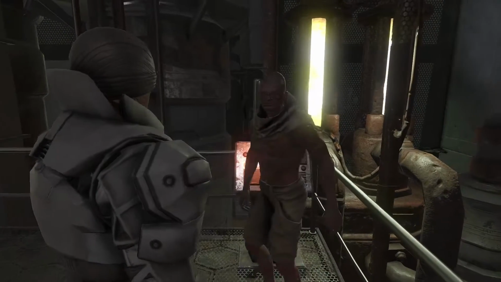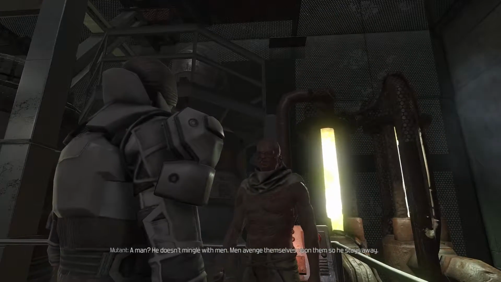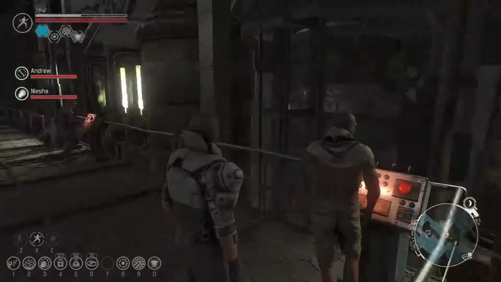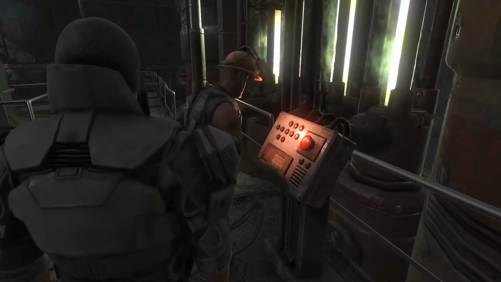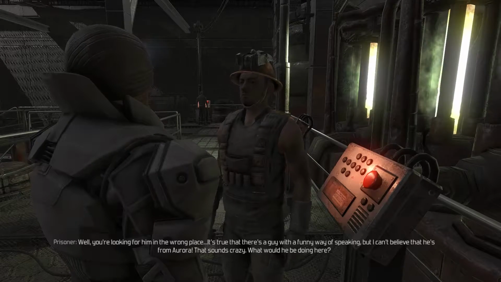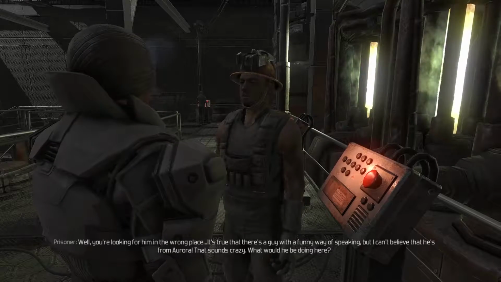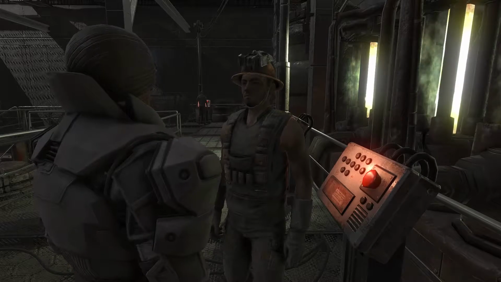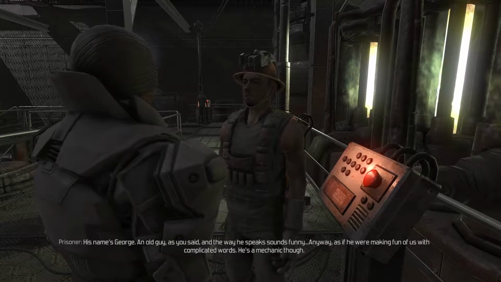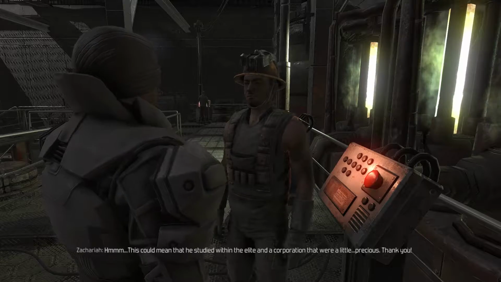Hey, asshole! I'm talking to you. Hello. Whoa. I'm looking for someone. A man? He doesn't mingle with men. Men avenge themselves upon them, so he stays away. Alright, I understand. Goodbye. That was a mistake. Please turn around and never talk to me again. I'm looking for an old man. He's from Aurora, and he used to be a technomancer. Well, you're looking for him in the wrong place. It's true that there's a guy with a funny way of speaking, but I can't believe that he's from Aurora. That sounds crazy. What would he be doing here? Who is that man? His name's George. An old guy, as you said, and the way he speaks sounds funny. Anyway, as if he were making fun of us with complicated words. He's a mechanic, though. This could mean that he studied within the elite and the corporation that were a little